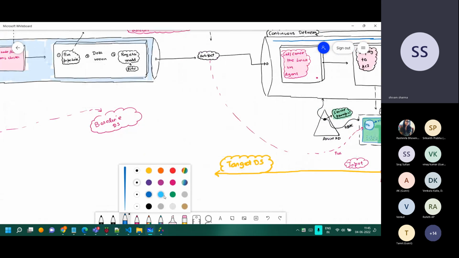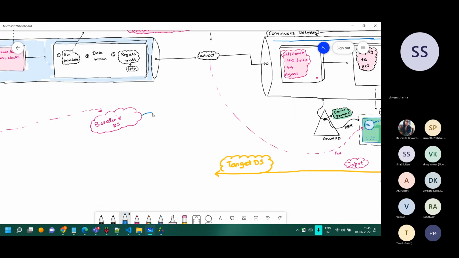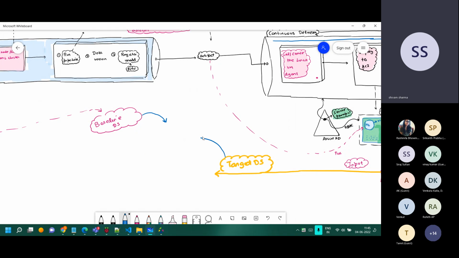Okay, so every cloud has some services for data drift. Azure also has it. If you don't want to use Azure, you can write your own scripts as well. If you're doing the data drift in NLP, you can find the word embeddings, find the cosine distance between them, or there are different logics of how data drift can be done. So what Microsoft did, they actually created one service out of it, so it becomes a service. We call this data drift monitor.